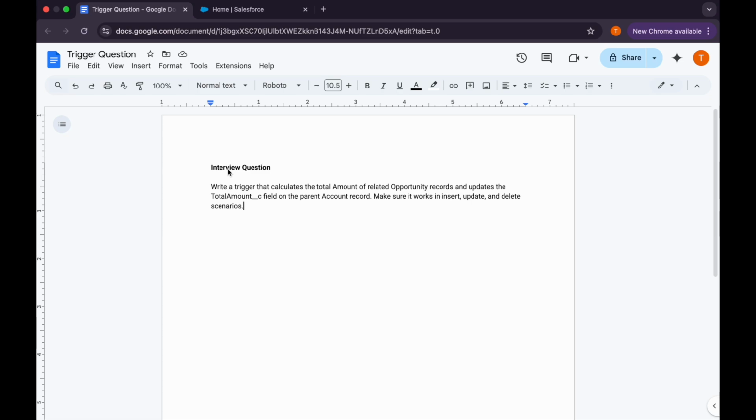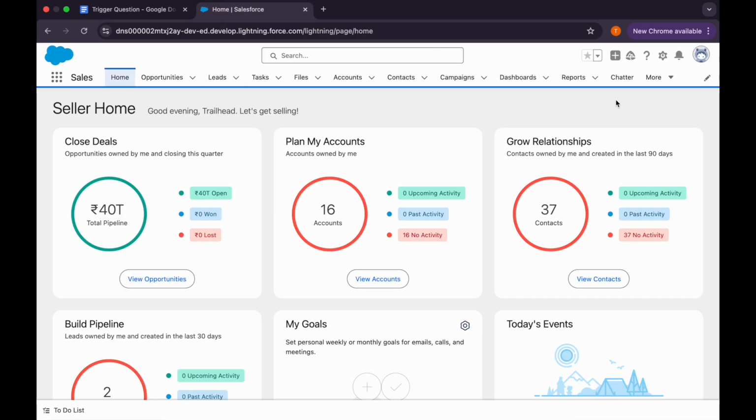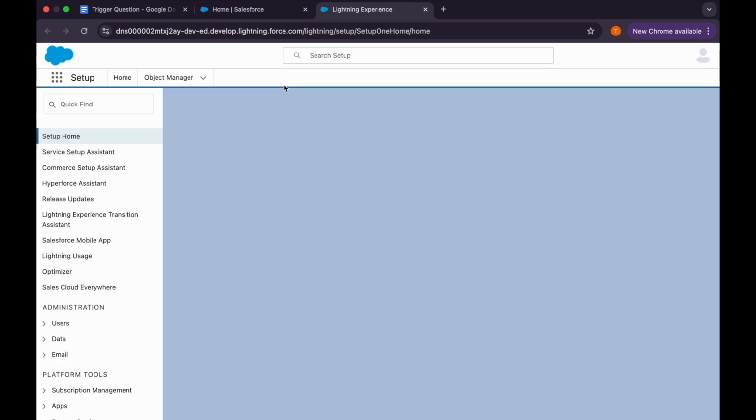Our question is that we need to write a trigger which calculates the total amount of related opportunity records and updates the total amount field on the parent account record. First thing to notice is that this is a custom field on the account record which should be updated by the amount of all the opportunities, and we need to make sure that it is working in insert, update and delete scenarios. So first of all, we will go to the Salesforce org and we'll go to setup,